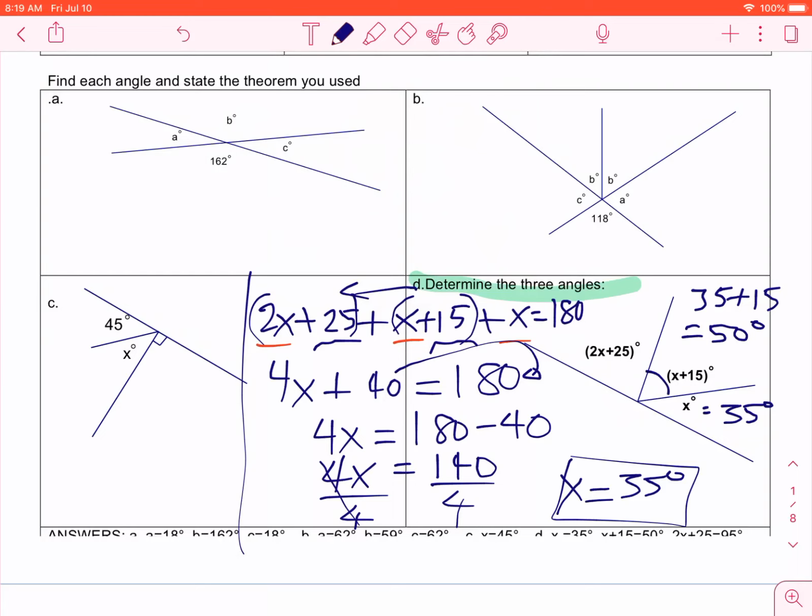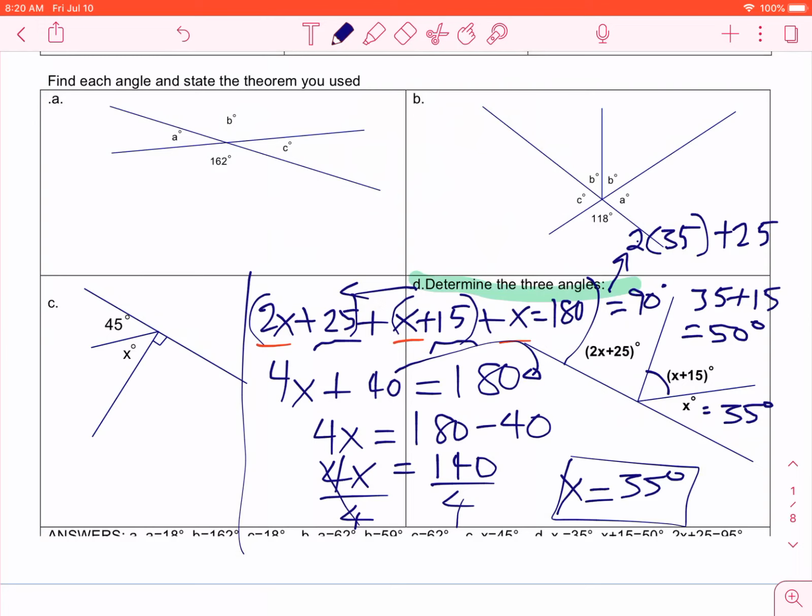And then for a third angle, I'm kind of running out of room, but I'll go up here. So 2 times 35 plus 25, that should equal 90 degrees. Okay, and you can even do a check. 90 plus 50 plus 35